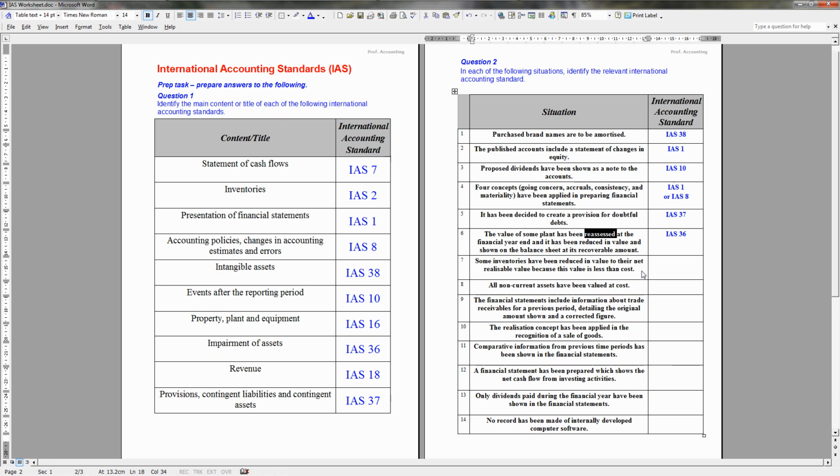So if there is a discrepancy between the market value and your net book value, then that's why it's saying there's been a reduction in value, and it's been to the recoverable amount. So the recoverable amount is the expected amount you believe you would be able to get for that fixed asset. So if the recoverable amount is lower than the net book value you are declaring on the balance sheet, then you have incurred an impairment loss. An impairment loss must be shown in